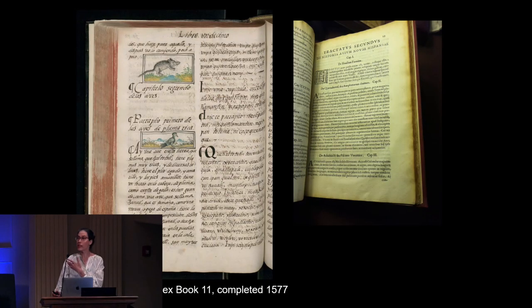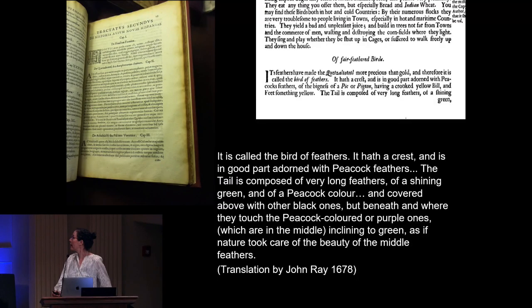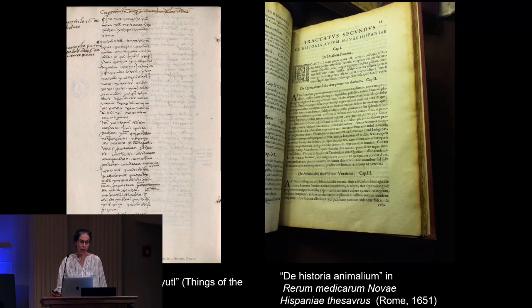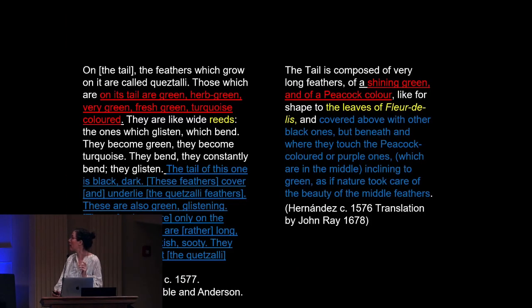So when I first looked at it, this here we're looking at the Florentine Codex Quetzal entry and the entry in Hernandez, and I had sort of assumed that he would have been copying from the Spanish into Latin. So he's writing in Latin. The Florentine Codex, as you can see here, has columns in Nahua and Spanish as well as illustrations. But when I looked more closely at the text, it became clear that in fact someone was translating into the Latin from the Nahuatl. And so this is where the comparisons had to be made.